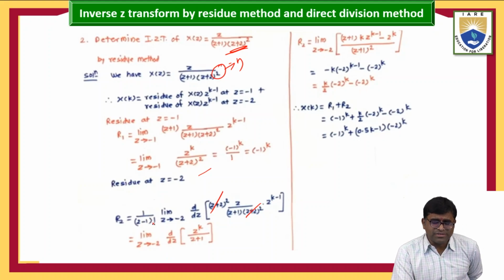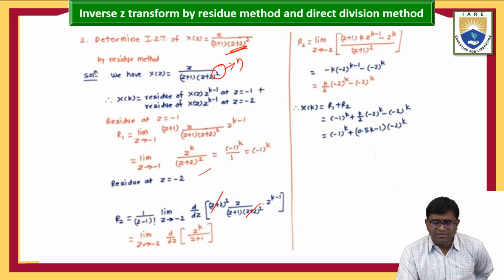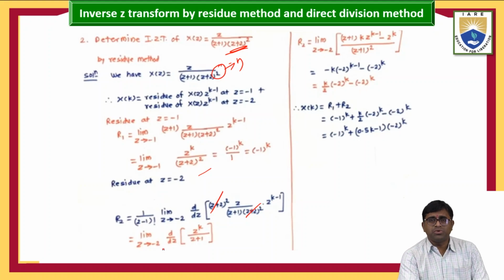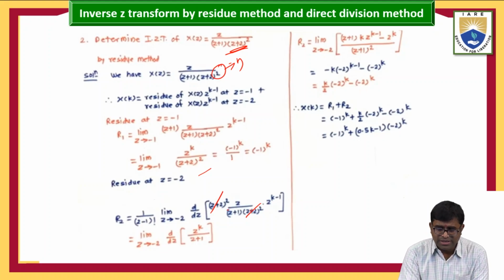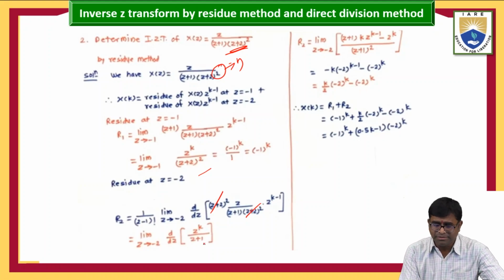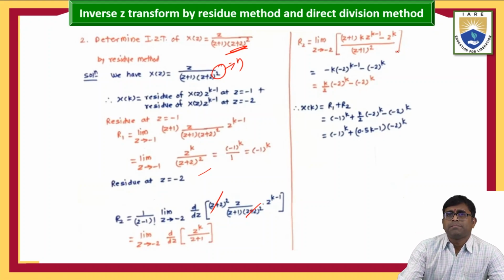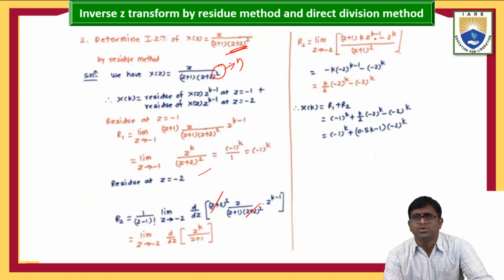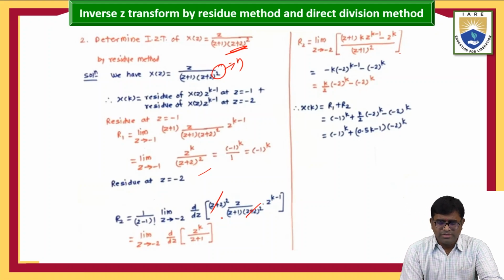And here 1 by 1 factorial is nothing but 1. So what are we getting here? Limit z tends to minus 2, at pole minus 2, d by dz of z^k by (z+1). After that, if you apply the u by v method, that is p equal to limit z tends to minus 2, (z+1)^2